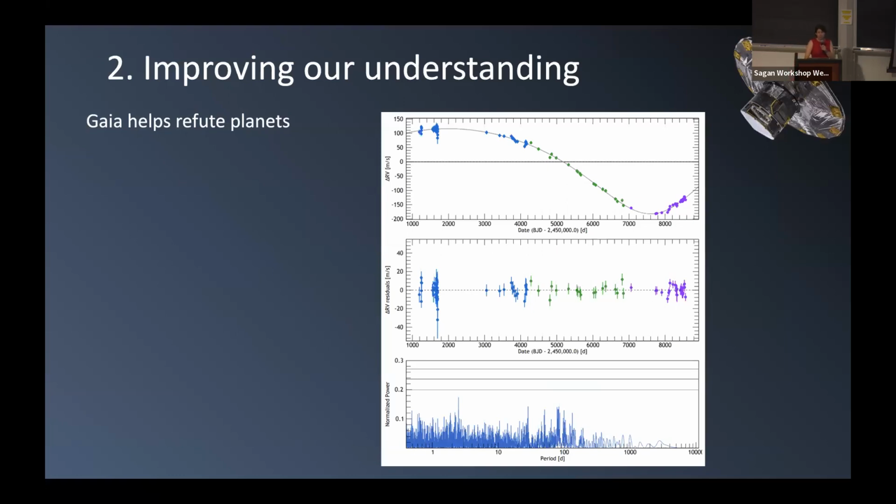Gaia also helps us refute planets. So this is a radial velocity curve of HD 92987b. It had, when it was published, a minimum mass of 17 Jupiter masses. So it's pretty big, right? But the Exoplanet Archive goes up to 30 Jupiter masses, just in case. And